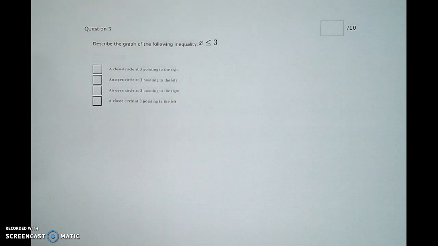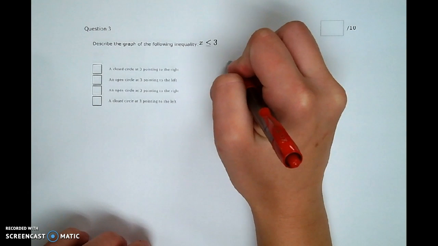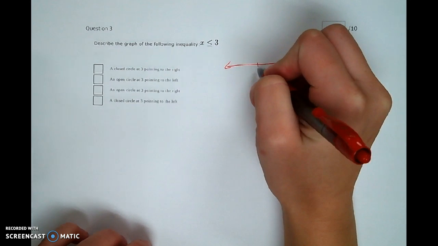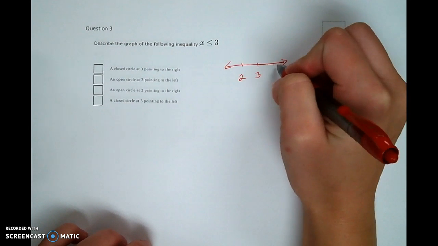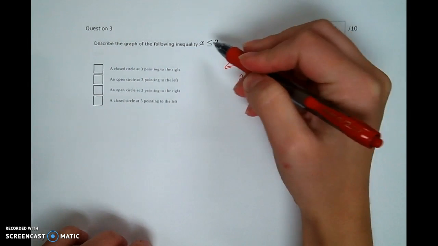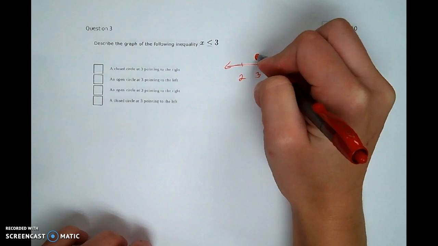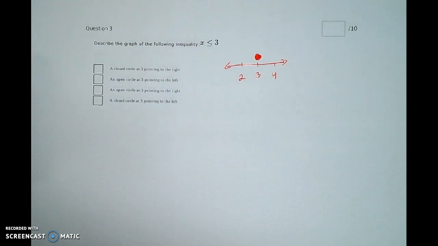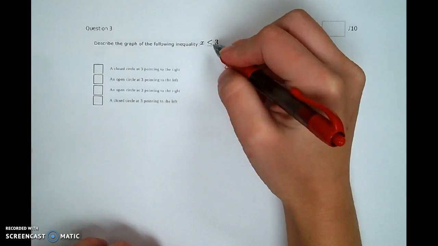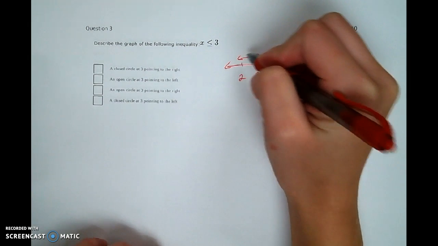Number 3 says, describe the graph of the following inequality. So we have X is less than or equal to 3. What I would do here is just sketch a graph. I know 3 is going to be here, then we have 2, and on this side we have 4. Because I have this line underneath it, I know I'm going to have a filled-in circle, which is called a closed circle, on 3,